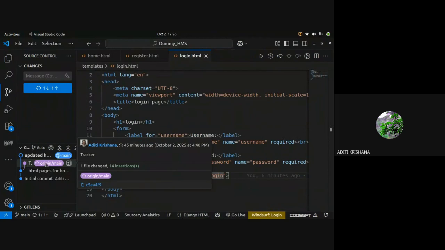Yes, this is the tracker which I changed.